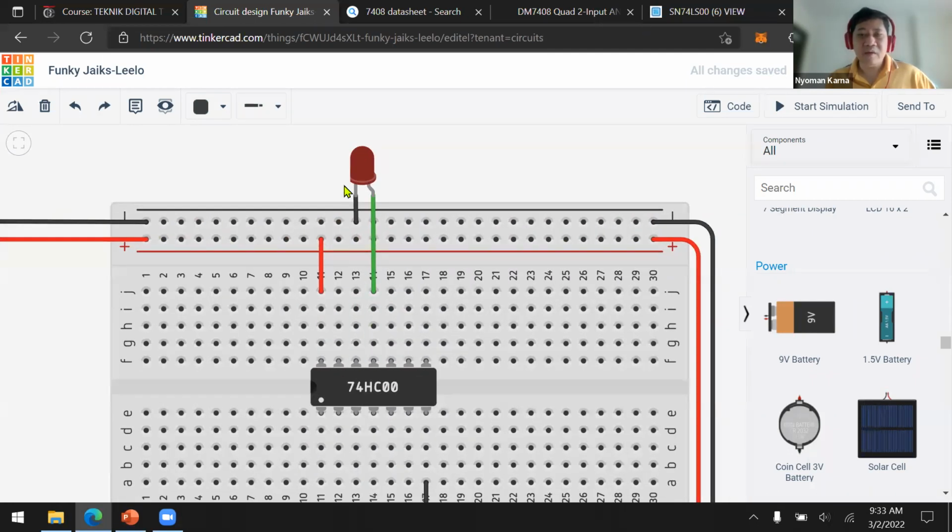Now, if we want to turn on this lamp, we need to give a logic 1 as the output of the NAND gate.